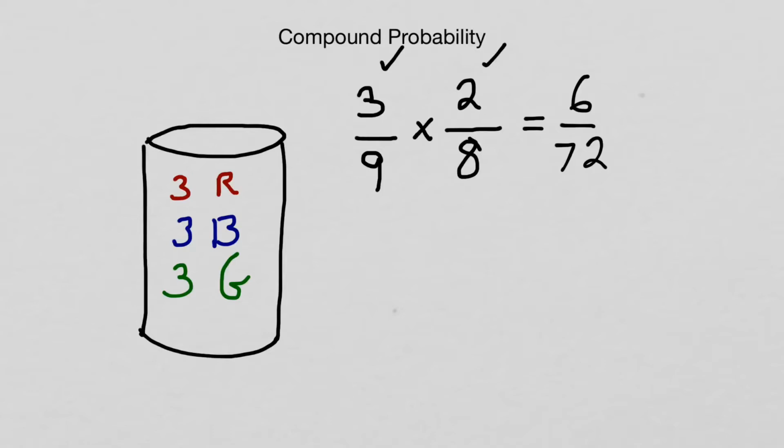Each one of these problems I do, I'm going to give you 3 ways of entering the answer, because Delta Math asks you in 3 different ways. If it asks you for exact, you type in 6 over 72. Fractions are always exact. If it asks you for tenths of a percent, percent's the key, you put this in your calculator. 6 divided by 72 is going to give you